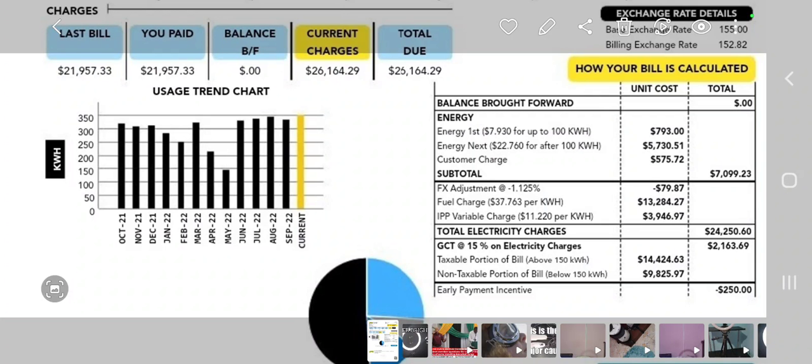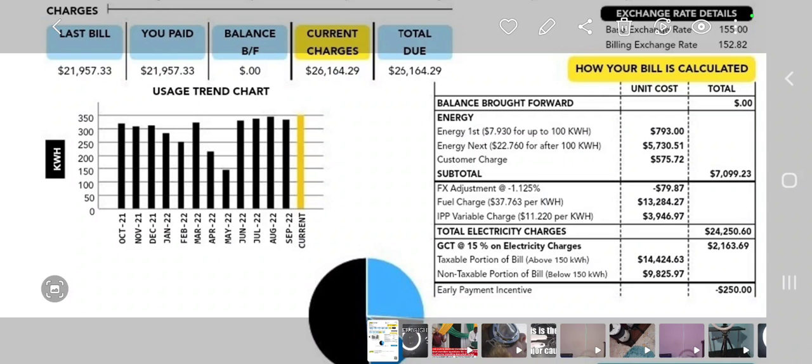So if the Jamaican dollar loses value against the US dollars, and this is done because the Jamaica Public Service states that they buy most of their things in US dollars that they use to generate electricity. So as I was saying previously, the changes that happen, they don't absorb them. So if the Jamaican dollars loses value against the US dollars, they pass down that loss to you, and if it gains value, they also pass down